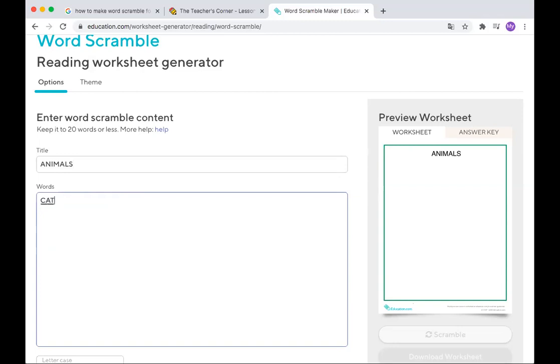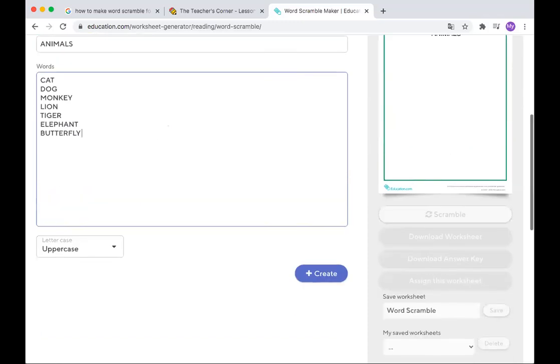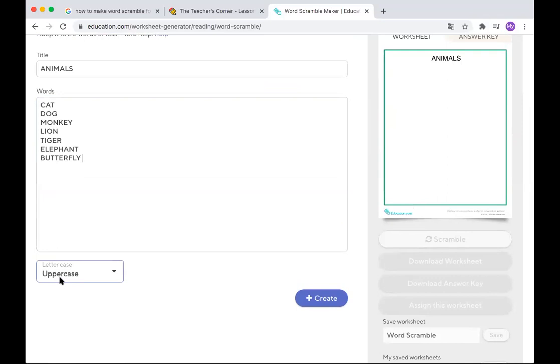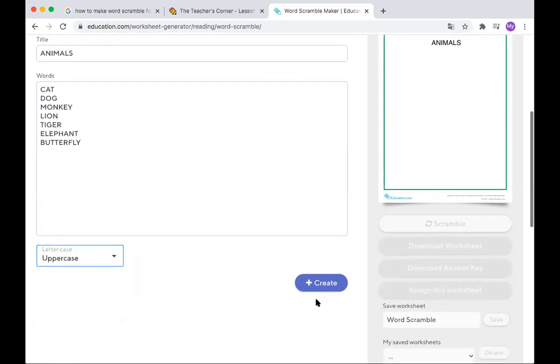For example, cat, dog, monkey, lion, tiger, elephant, butterfly. Here you can choose uppercase or lowercase letters for your words. After you choose the type of letter, you just need to click create,